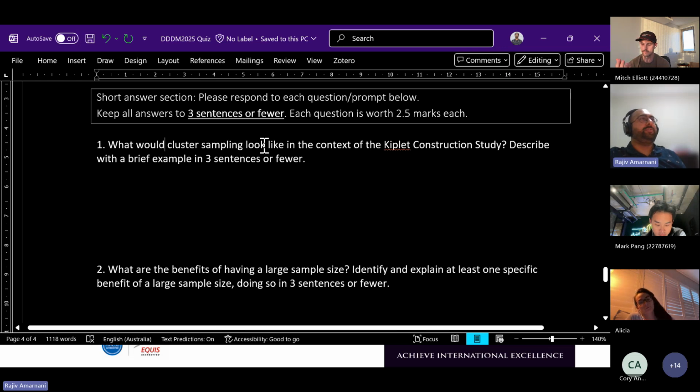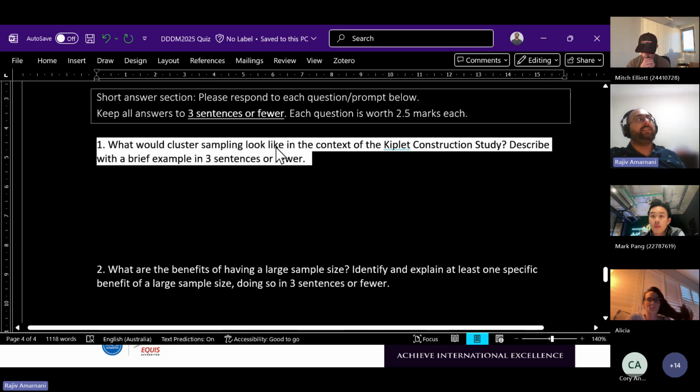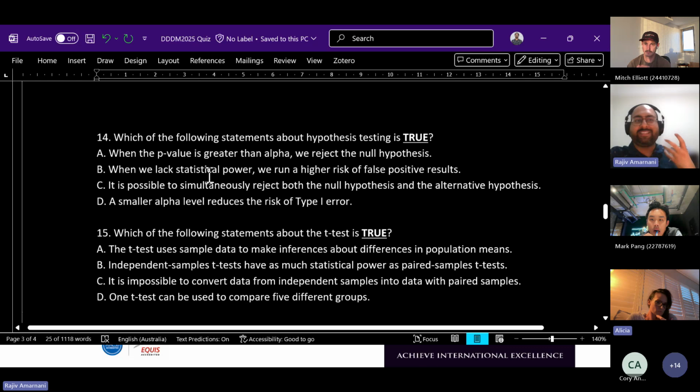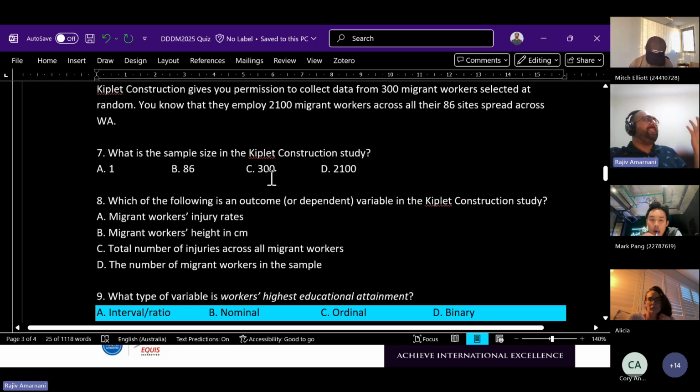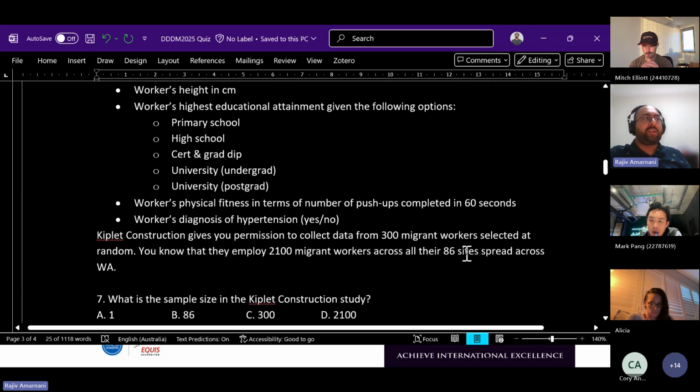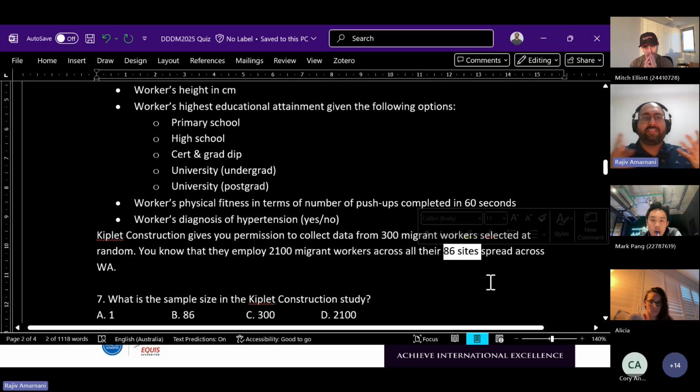Just about all of you got at least 1 mark here. Many of you got 1.5. Many of you got full marks. But yeah, that's it. Cluster sampling is you're sampling by a cluster that already exists. You're not creating a new cluster based on, say, postcode. The cluster is the work sites they're at, because rather than randomly sampling randomly selected groups of